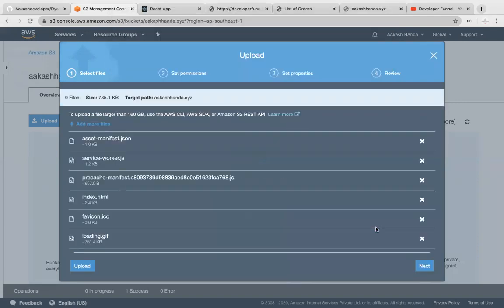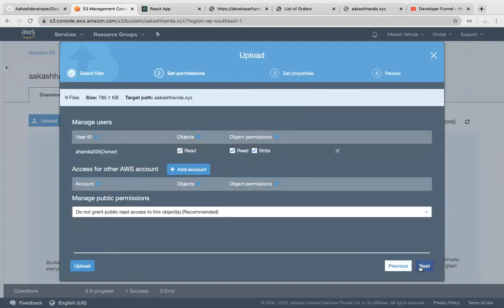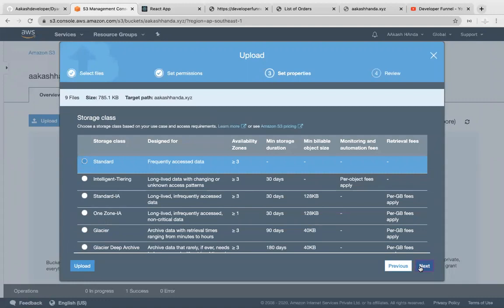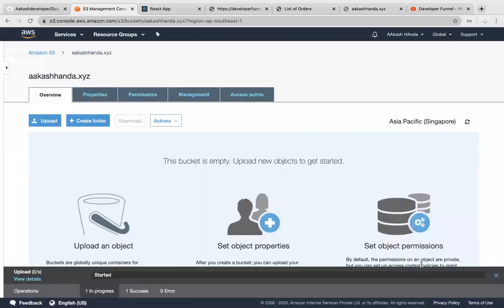Similarly Angular works; in Angular also make a build and deploy that. Similarly, any Node, Python or Java application can be compiled into single files. Now the storage class which I want to pick for this in S3 is Standard. The storage class determines how frequently you want to access the data. So I want to access data very frequently, so I'll go with the Standard class and then I'll upload.